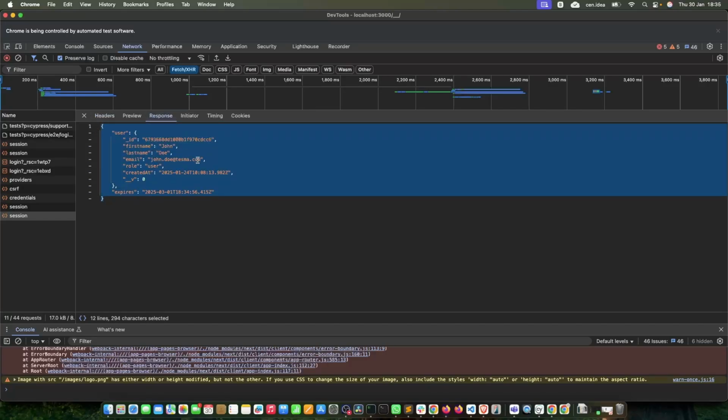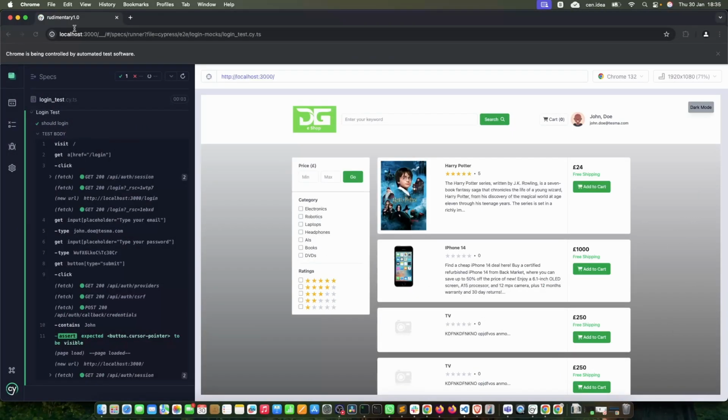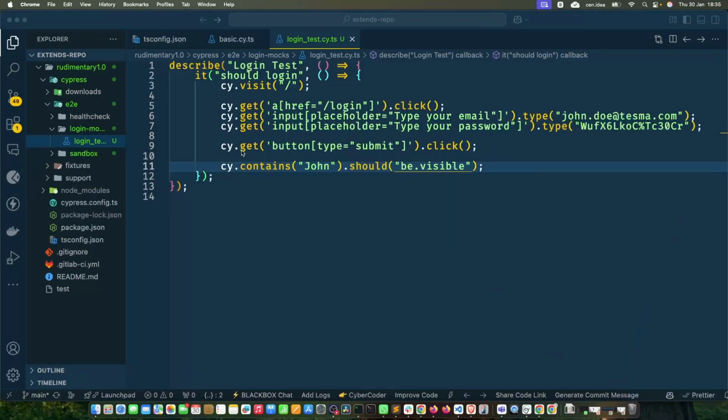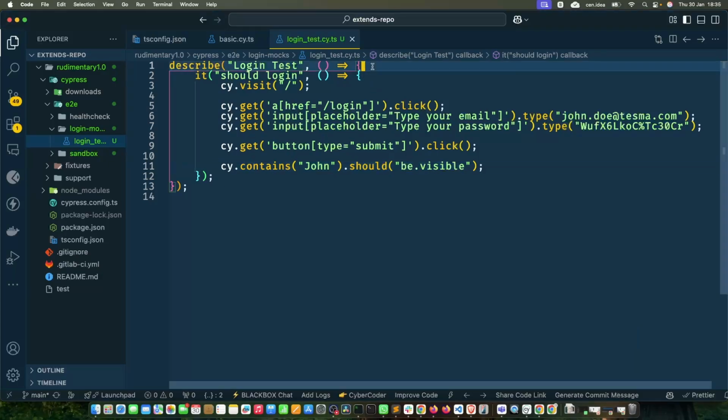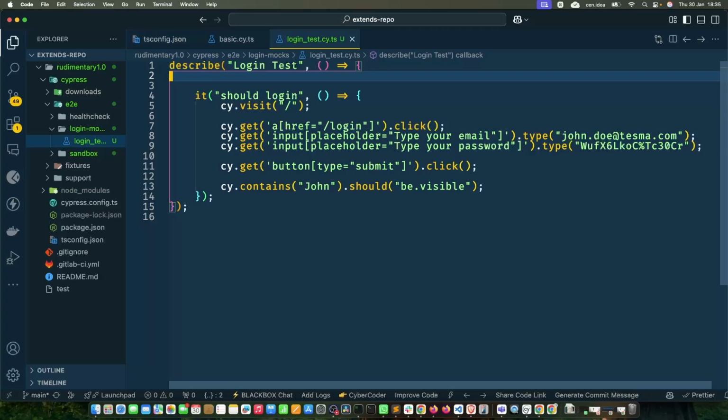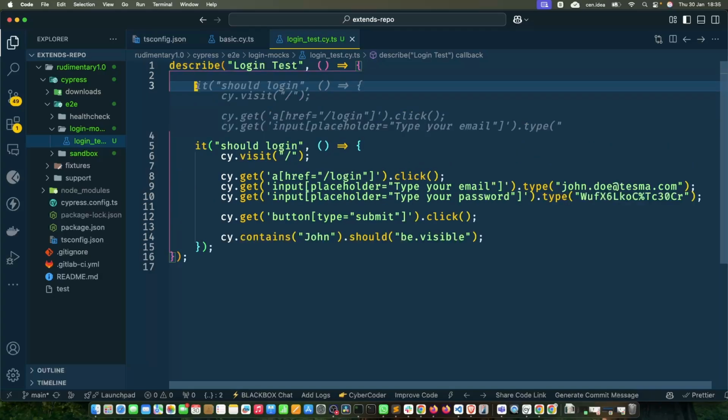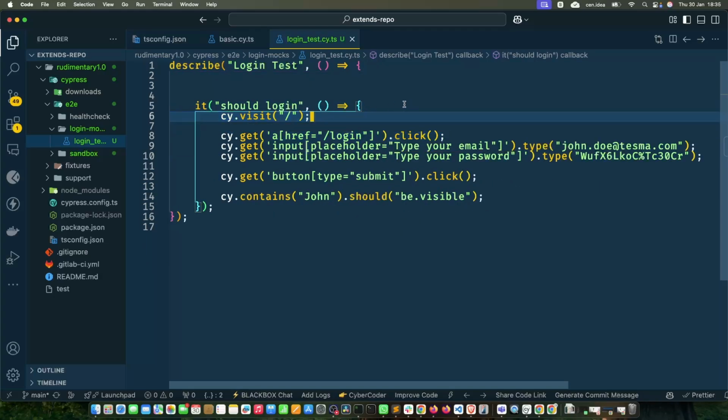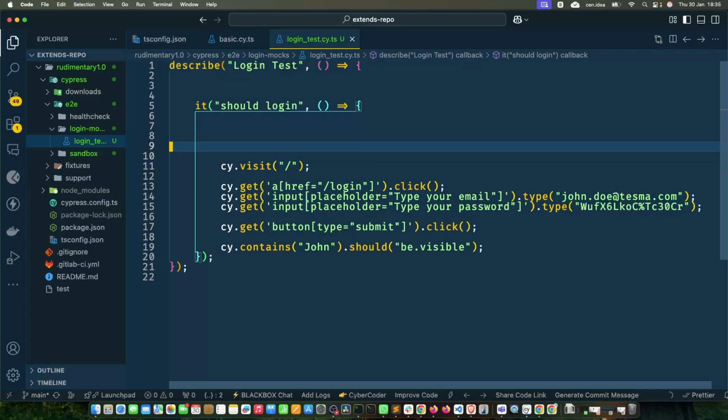This is interesting. Okay, so the next thing we need to do is to mock this off. To mock it off, we need to go here and set up the mock. Most people will just use a before hook and set it up there, but for simplicity, I want us to just set it up at the top here. Obviously, you should be able to put this in your before hook. So what should we do? What we need to do is